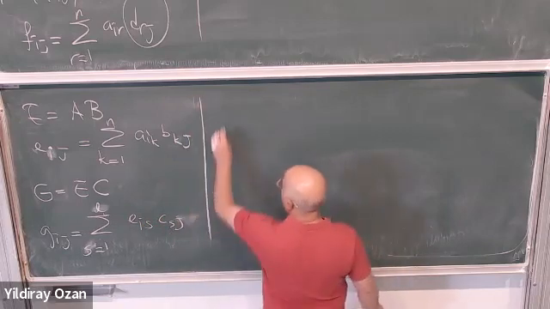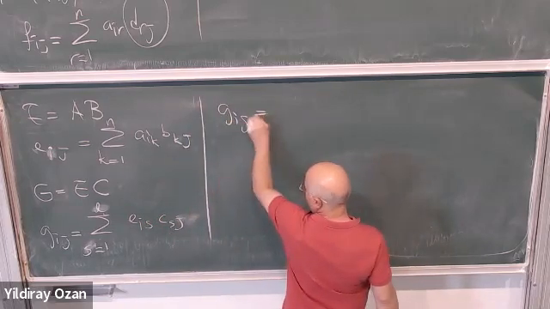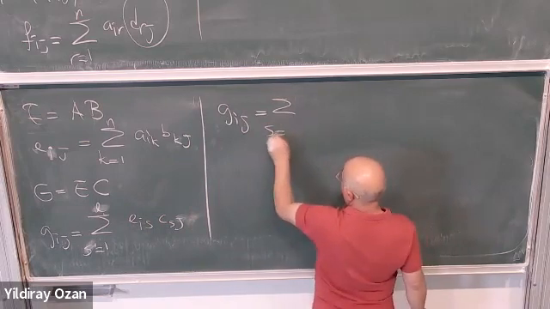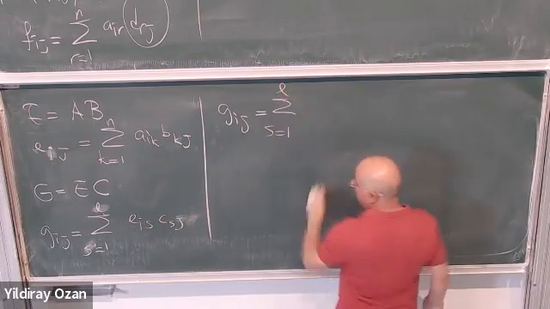Okay, so Gij is the sum over S from 1 up to L,